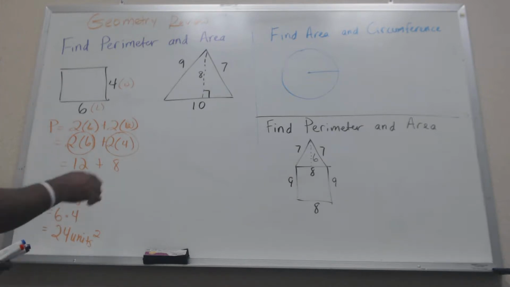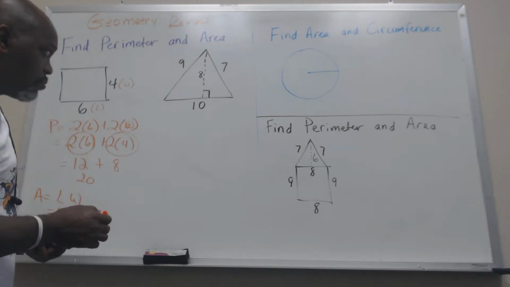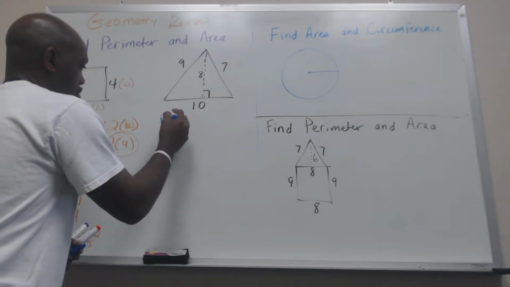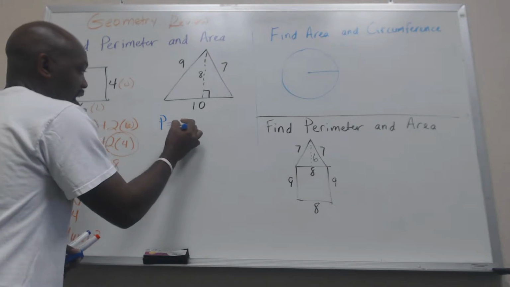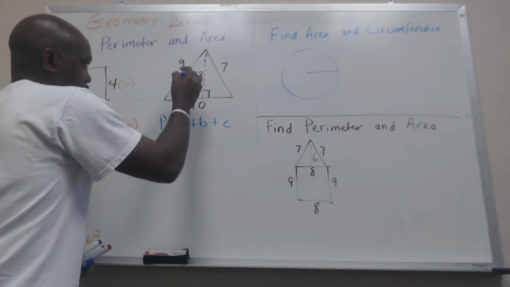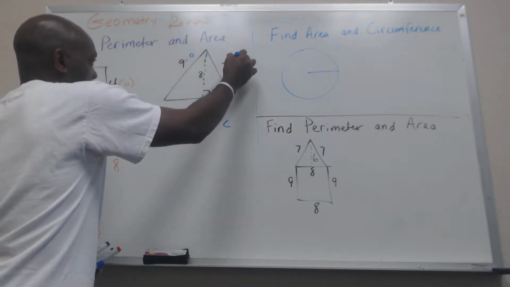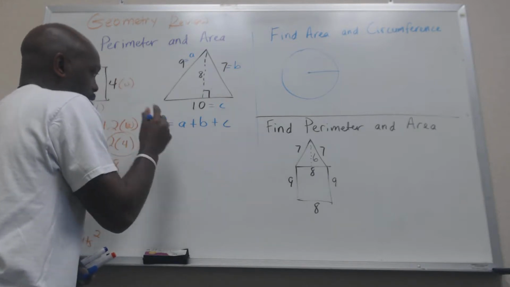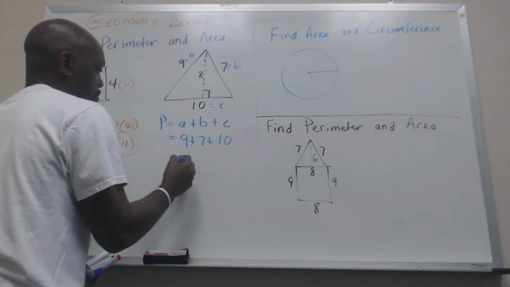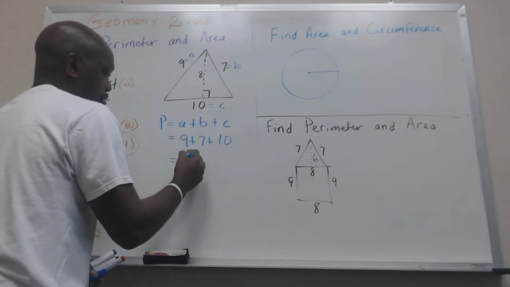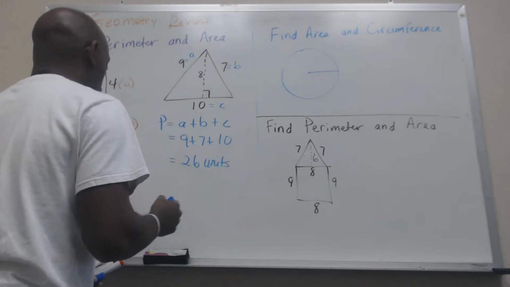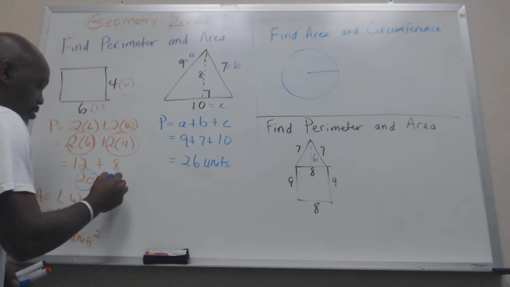All right. May have to zoom in on that if it's not showing large enough. Okay. So now we move over to the triangle. For the triangle, the perimeter formula is simple in the sense that all you're doing is adding all the sides, and we're going to say that the sides are A plus B plus C. It doesn't matter, we'll just label that A, label that B, label that C, and we end up with 9 plus 7 plus 10, 16 plus 10 is 26, and it's going to be just units, 26 units. Here, it was just 20 units